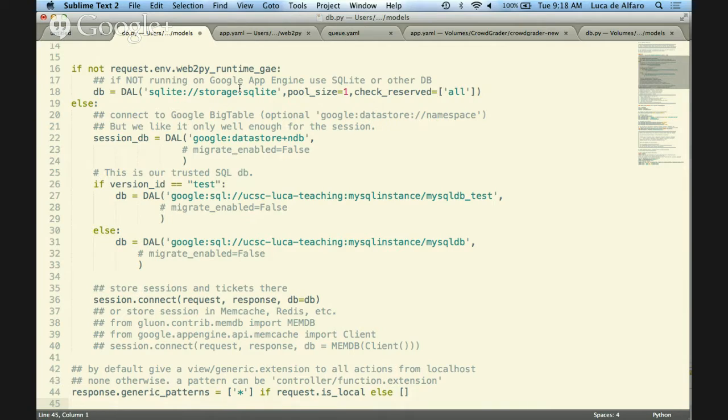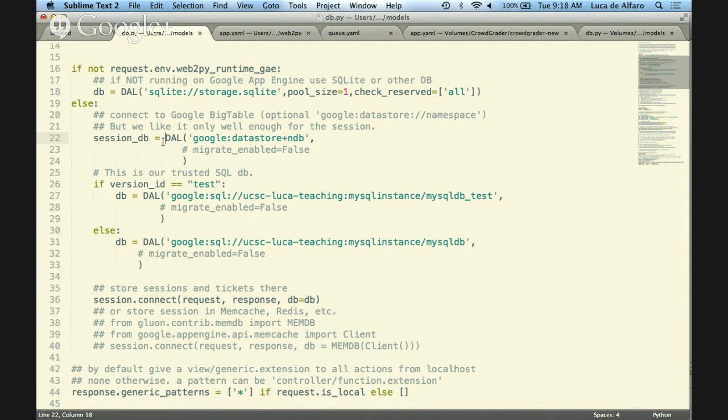The Google Data Store, the Data Store plus NDB, is very scalable, because it's fully distributed across machines and across data centers, so it's not very likely to give rise to network bottlenecks. One of the beauties is that here you can completely arrange what you are doing. The other thing I wanted to tell you is about this session DB.